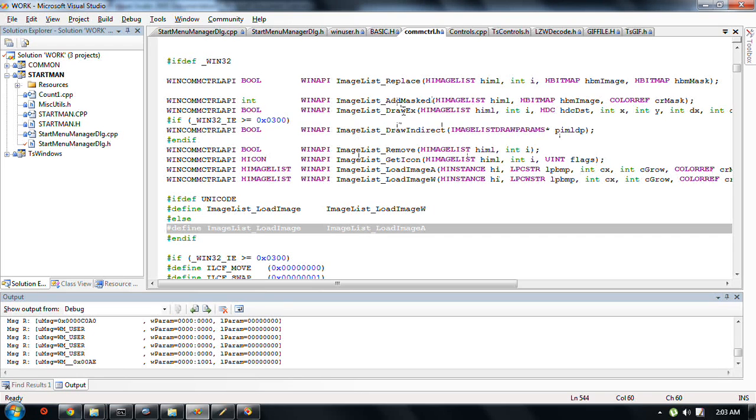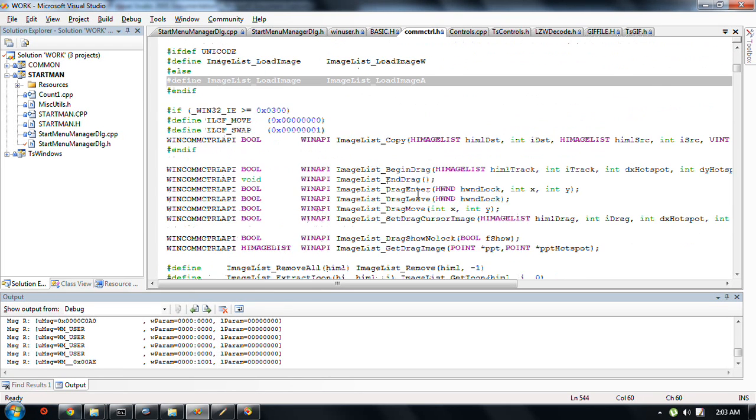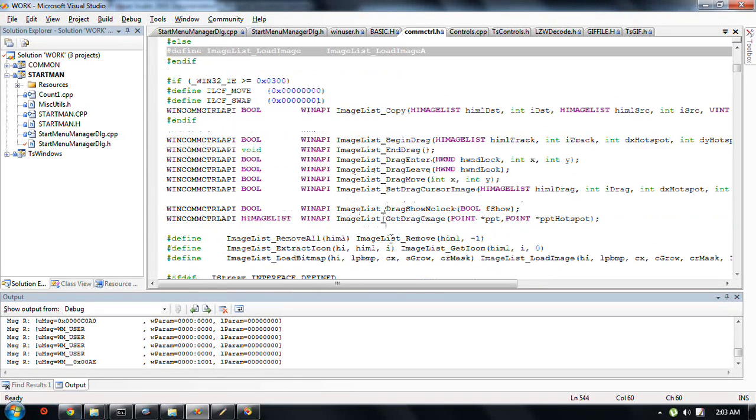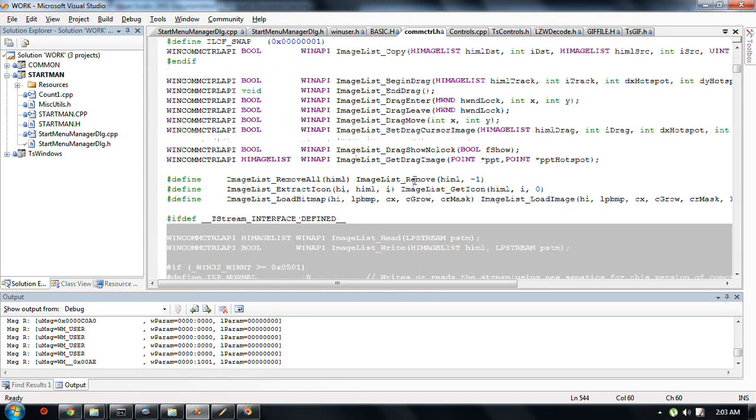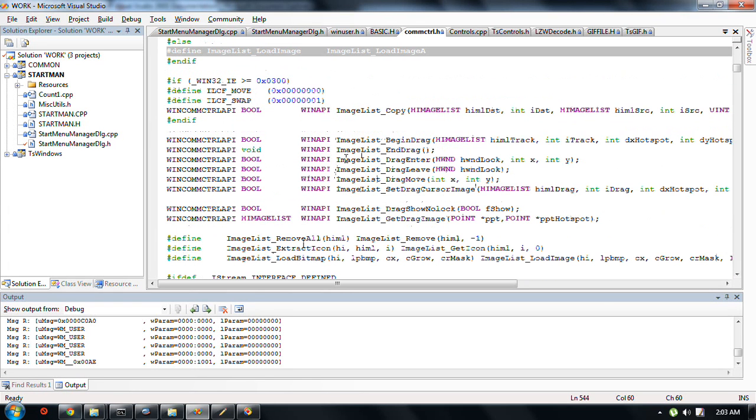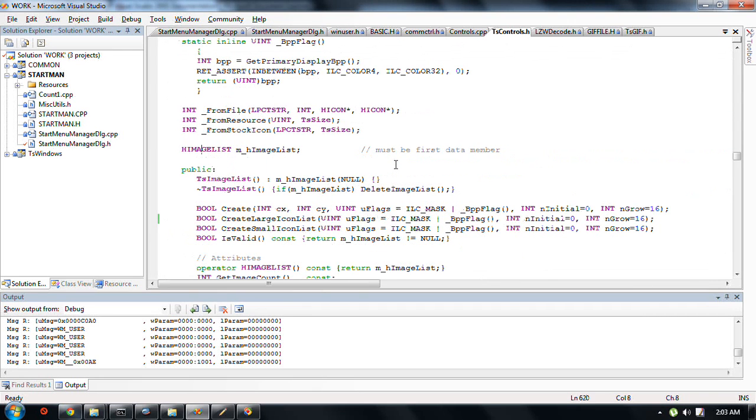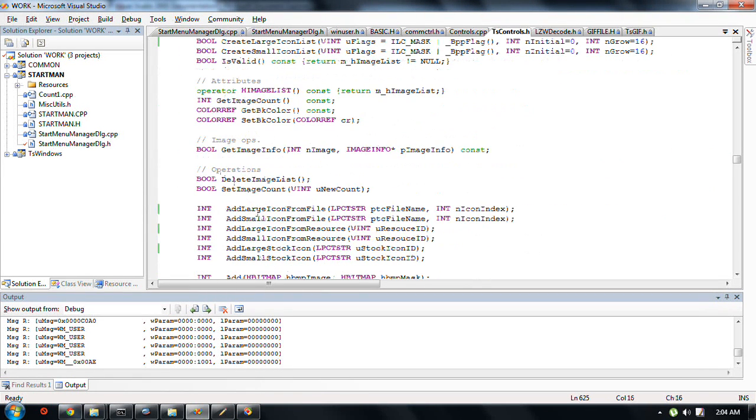Besides that, it's really great. Add masked. I can't think of anything, but I know that I saw some things in here that made me think that this is a really well thought out container for images. Let me just think for a second. Well, I guess I could add that one of the things that simplified this type of thing